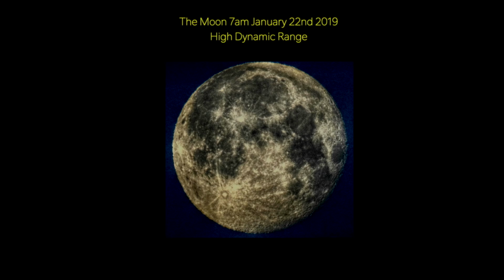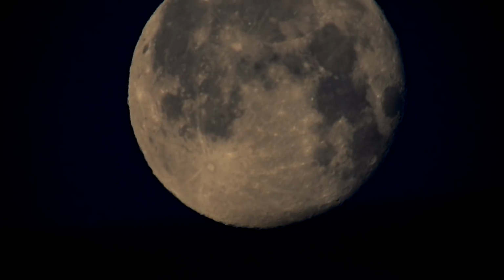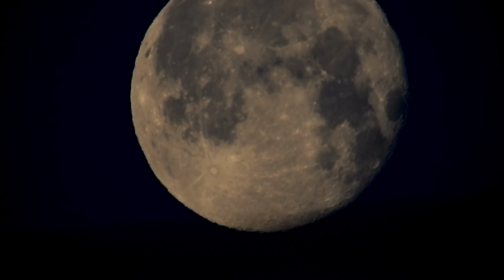So this morning, the moon at 7 a.m. on January 22nd, 2019, and it is in high dynamic range. Brings out all the details, right? And you could see each and every line that's on the surface. Well, guys, this is